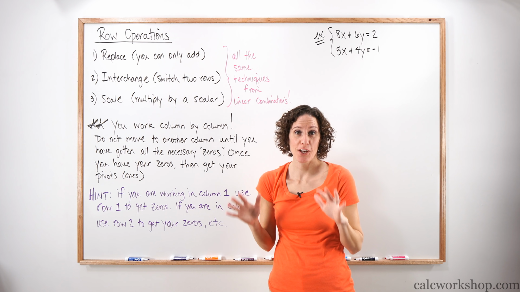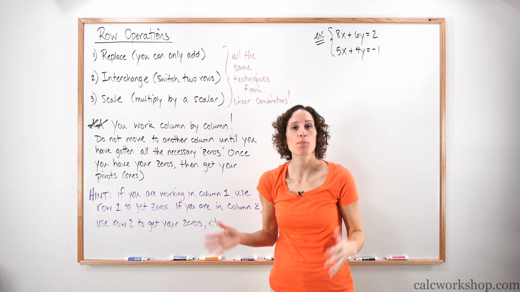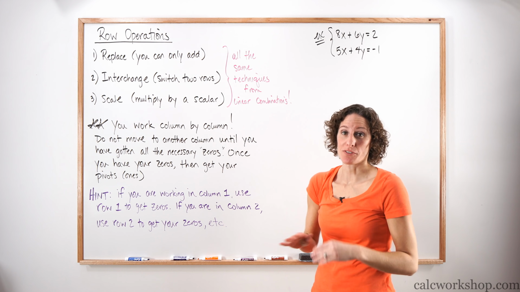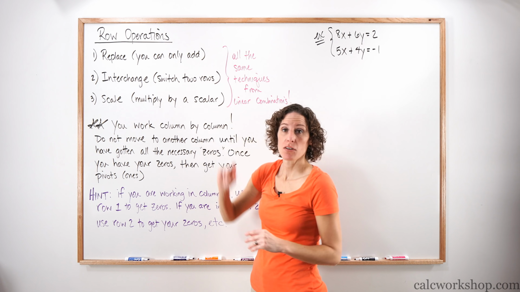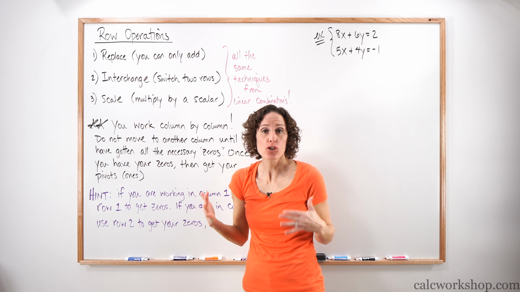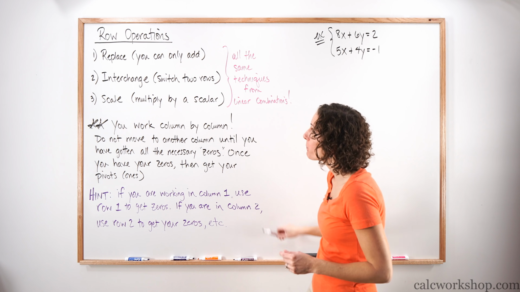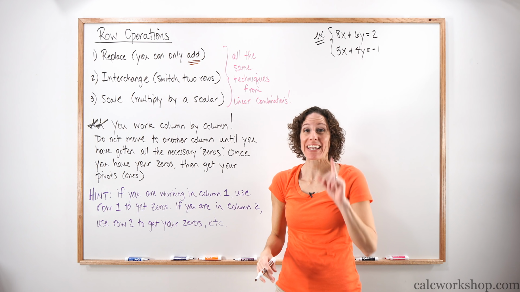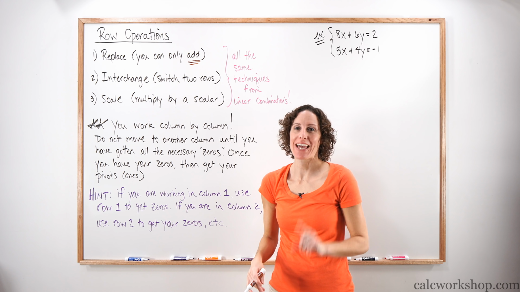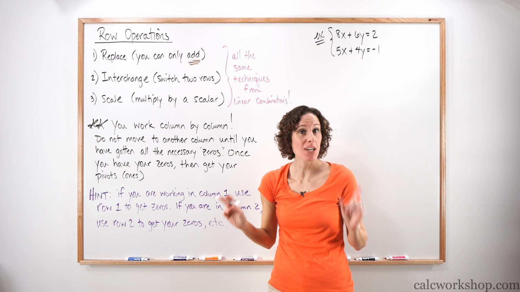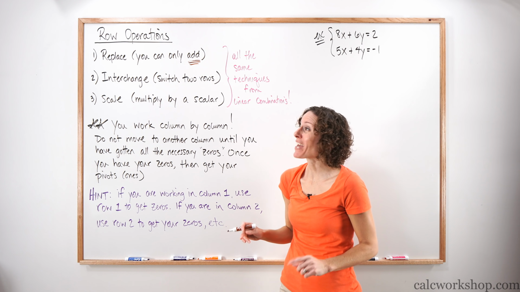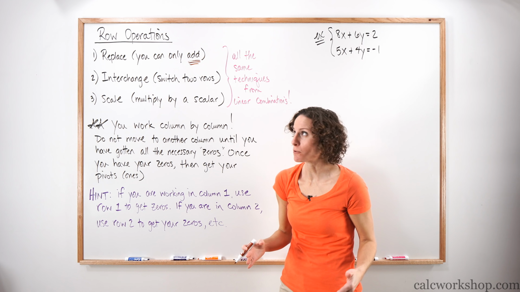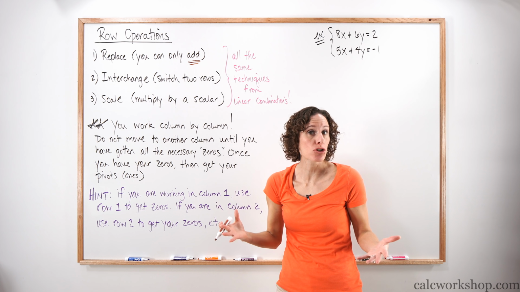All right, so here are the steps that we're going to use to perform row operations. There's only 3. So the row operation rules, here we go. We can replace. What does it mean to replace? We can add two rows together. Now, what's really important is that you're only allowed to add. You can't subtract. We can add a negative, but we cannot subtract because subtraction is not commutative, whereas addition is. So again, if we need to put a negative in there, we're going to add a negative value.